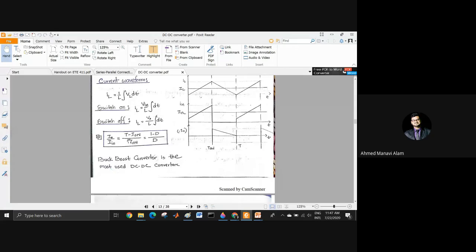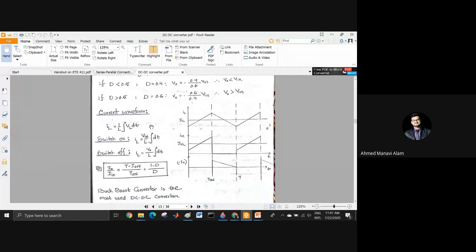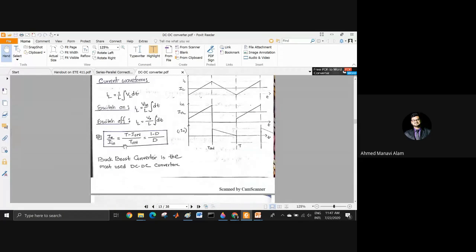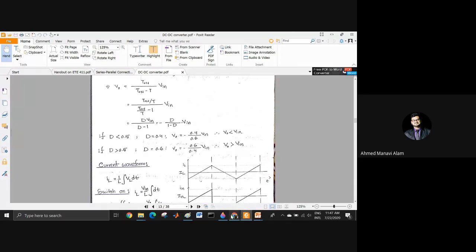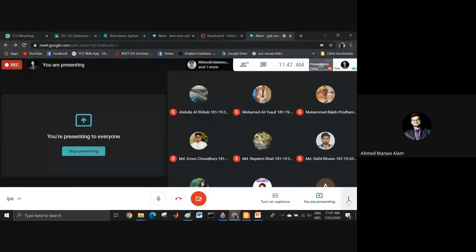When you go through these two parts, you will understand that the voltage is inverted again. So this is the basic of the buck boost converter and the wave shape of the buck boost converter. This is very important. It is a special converter which can be used both as step up and step down. So I hope you have understood the topic. Thank you everyone. This is the end of the lecture.